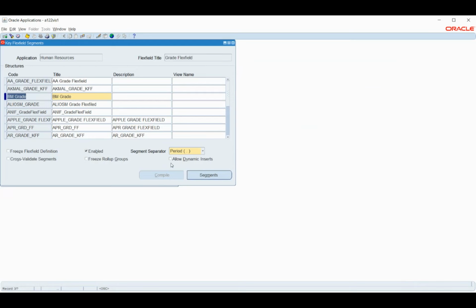Before that, we will allow dynamic inserts. What is dynamic insert? Now we have given two segments, but we might give four or five segments also. In those cases, we cannot create each combination individually. For that reason, we enable this option, allow dynamic insert. The system is going to create those combinations on the fly. We will see what a combination is when we see the payroll,